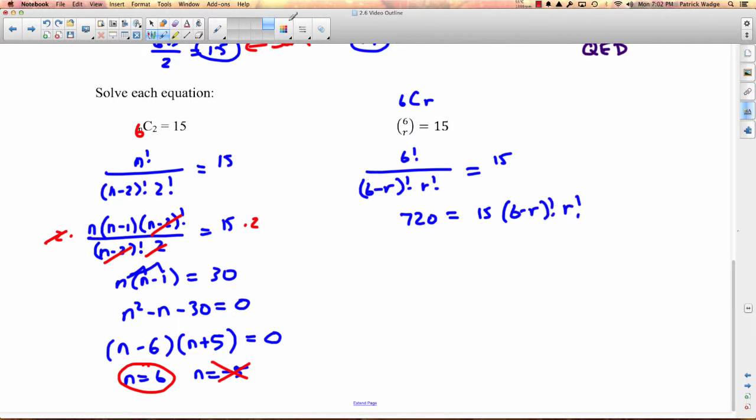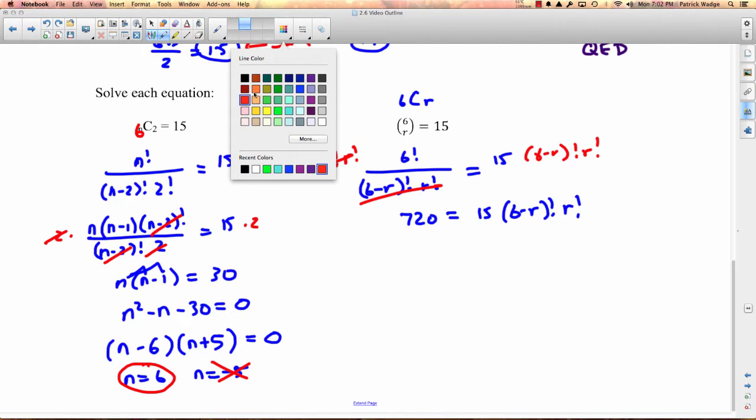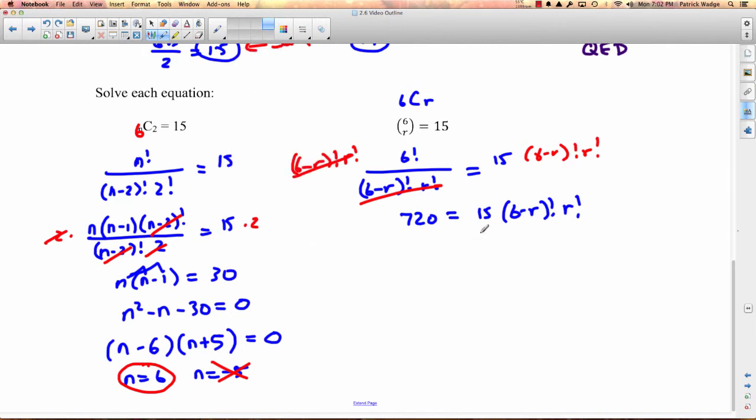Okay, I multiplied both sides. If you want me to show that step, I multiplied both sides by this. So here it cancels, and on this side I just get exactly what I've written here. Okay, now what I can do is divide both sides by 15, and if I do that I get 48,